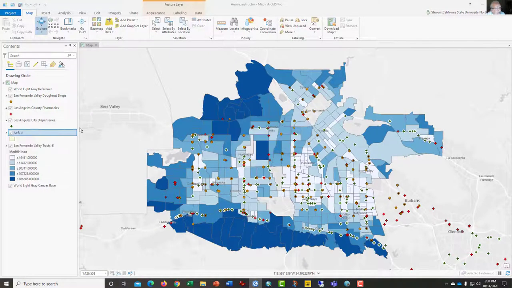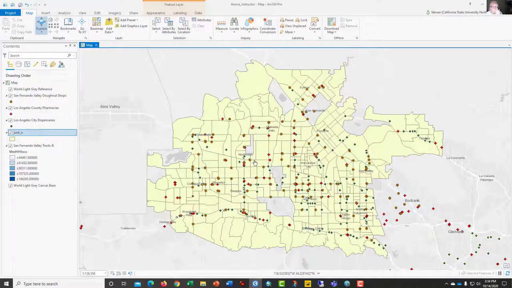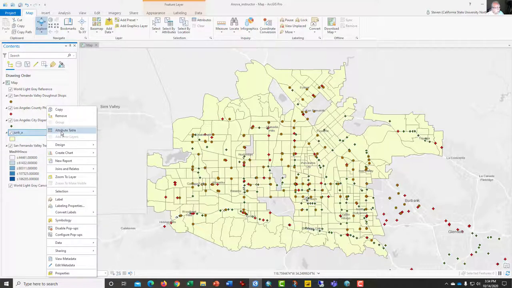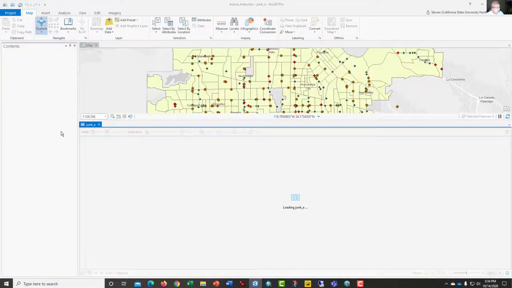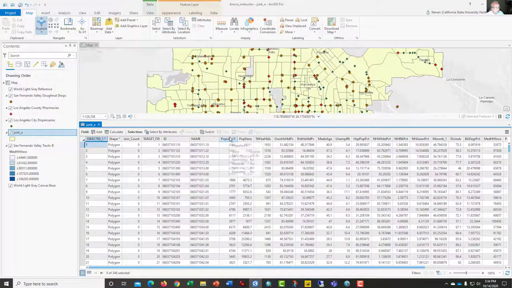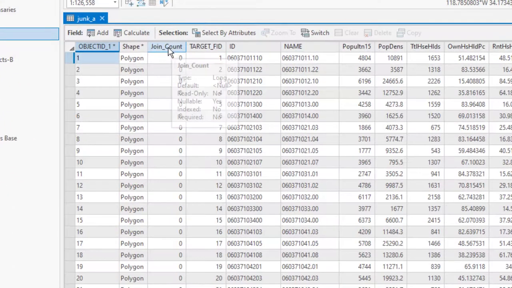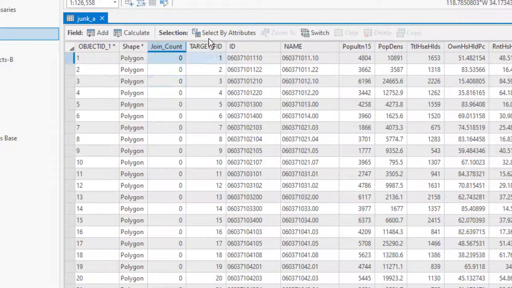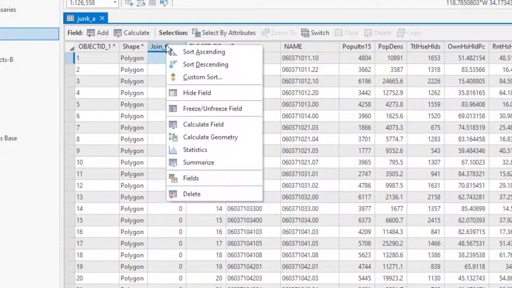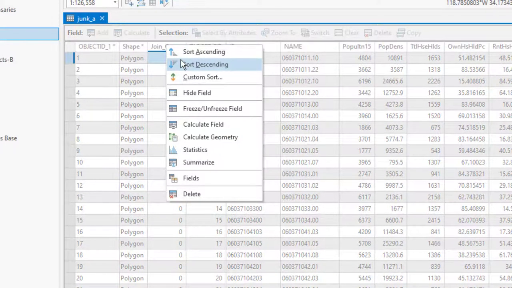And what's going to happen is the software is going to produce a new layer that replicates the San Fernando Valley tract map. But if you open the attribute table, you will notice that it has all of the columns of data from the original, but it added two things. It added this join count column, and if we were to sort by join count, we will